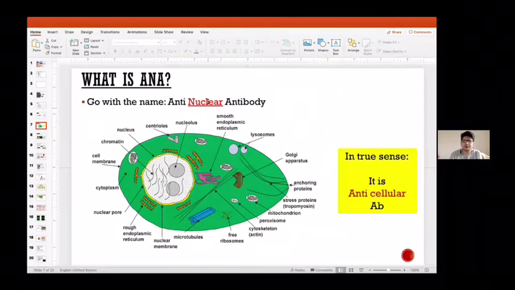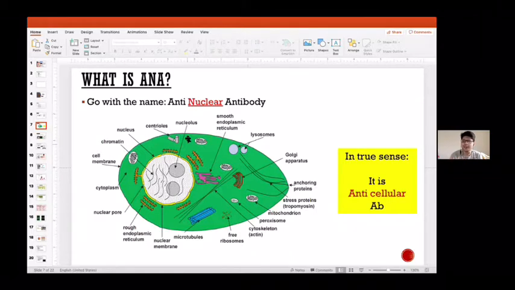That okay, you know the basic concept. But when we are practicing, we must use anti-nuclear antibody. If you tell your lab fellow that I want to do anti-cellular antibody for this, you won't get any response from them. They do not know that because they just collect blood and do it, right? But as a physician, you must understand that anti-nuclear doesn't mean this antibody targets just the nucleus structure. Okay, so now we understood ANA is the antibody present in the serum of a patient which targets the nucleus or the cytoplasmic structure of the cell.